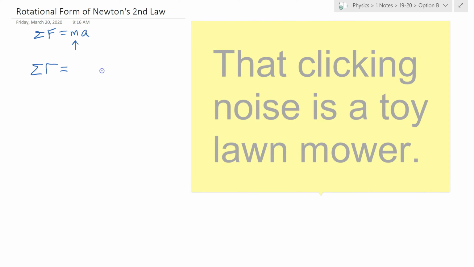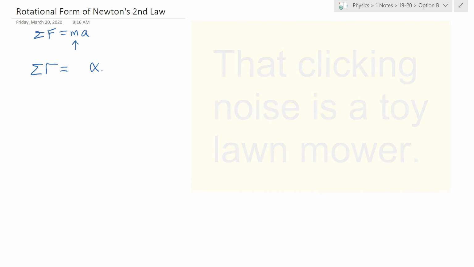So this is the linear form where a net force causes an acceleration, and an object's mass acts as a way to resist that acceleration. The rotational form looks like this. There's a net torque, and it will cause an angular acceleration. But the thing that resists angular acceleration is not simply mass, because if that mass is distributed differently,